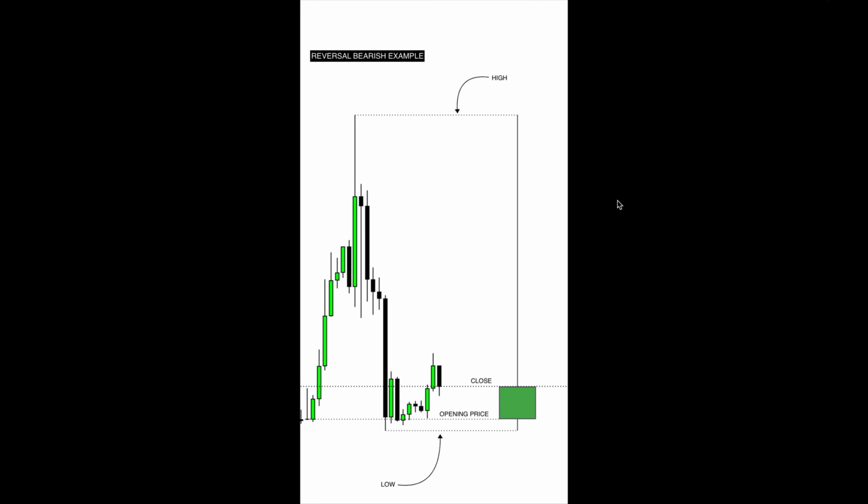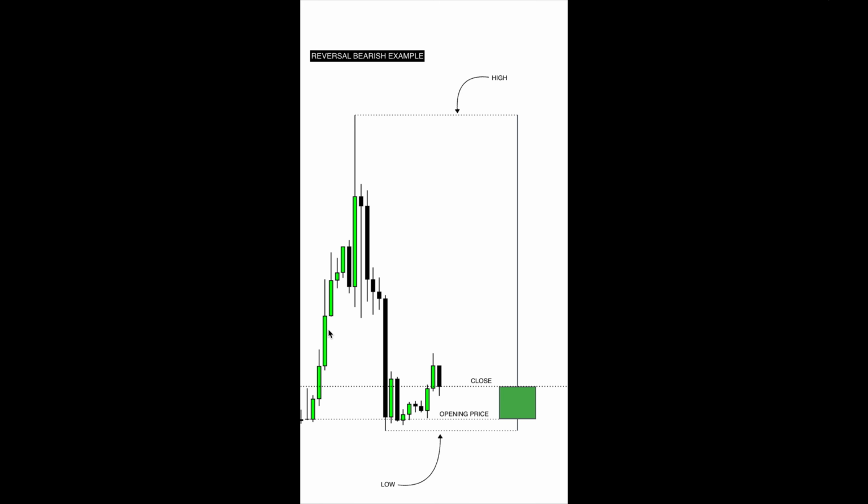Moving on to the examples now, we're going to start off with a bearish reversal example. As you can see on the right-hand side, we have the daily reversal candle, and on the left-hand side we have the lower time frame, which is the hourly time frame. Here we have the opening price of the candlestick, and the reason the reversal candle is formed is because, as you can see, price is going